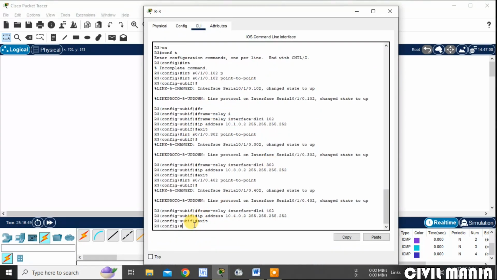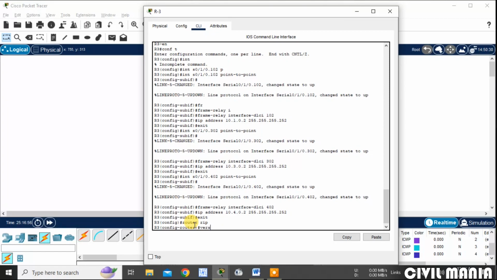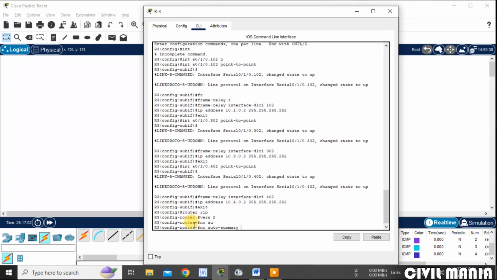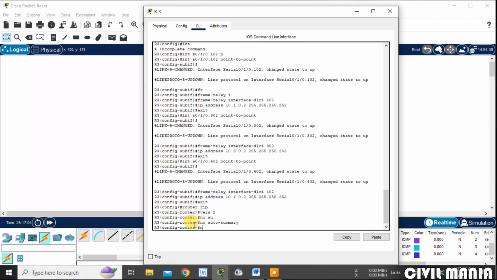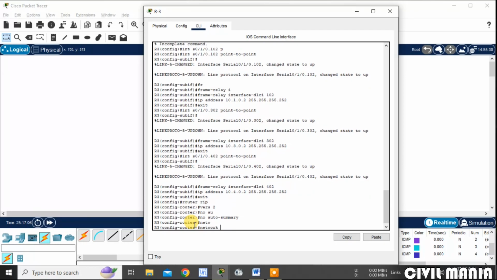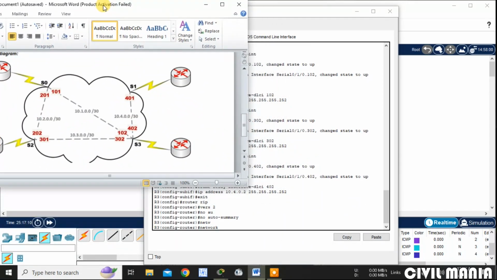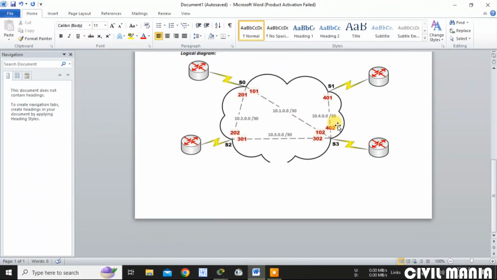Here in router 3, router RIP version 2, no auto summary. Then the network. What are the networks present in router 3? There are 3 networks.